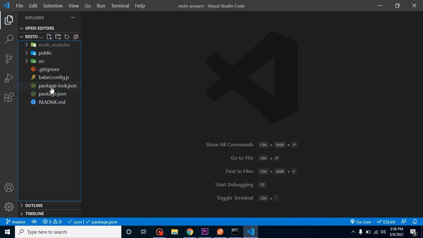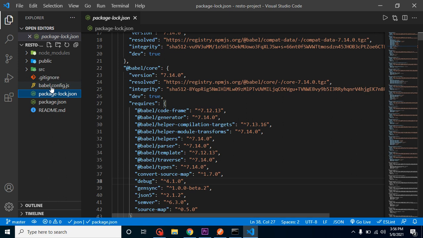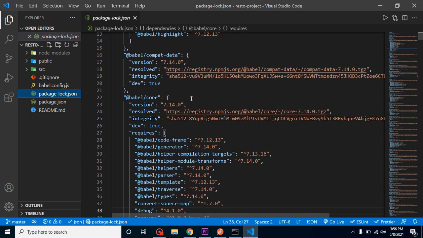Third file is package-lock.json. This looks very similar to package.json, but this file carries more information about our packages. For example, the Babel core package, which we basically use for conversion of ECMAScript 6, 7 code to basic code so that the browser can understand all this code, right?